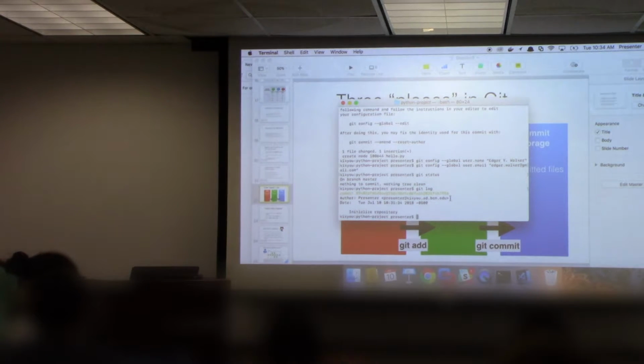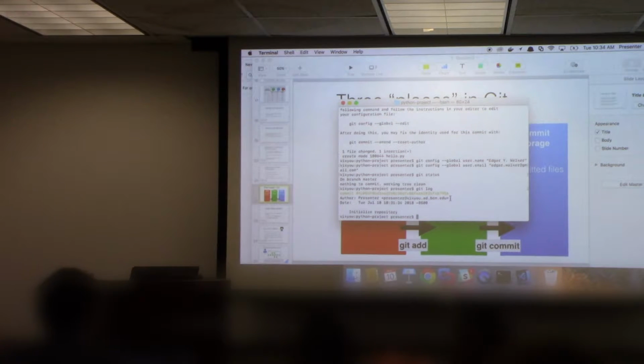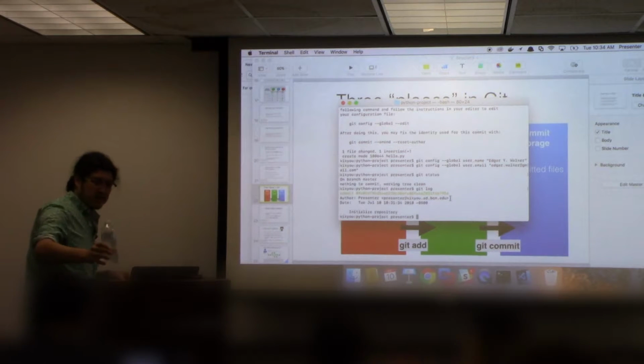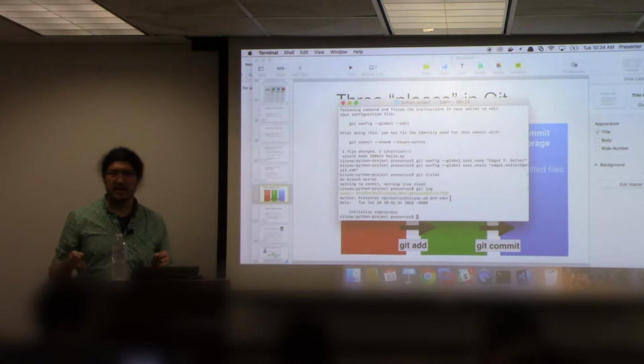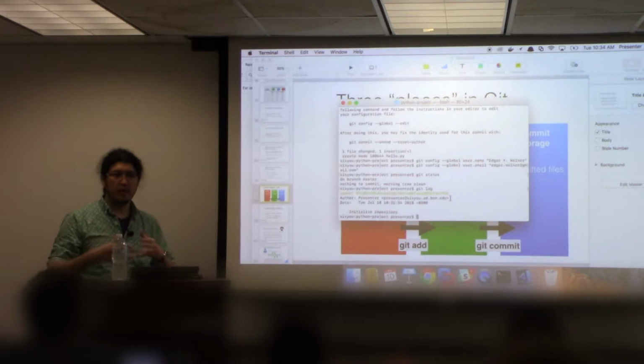Let's just do it. You should do -m. Didn't do that. Yeah. So, one word of caution: if you say git commit without the -m, it probably opens up an